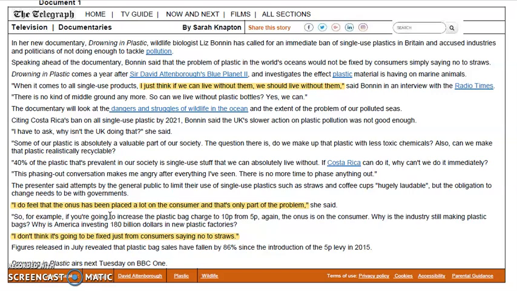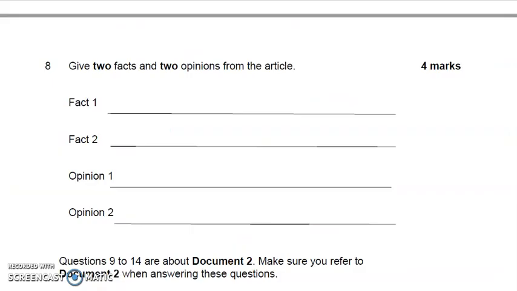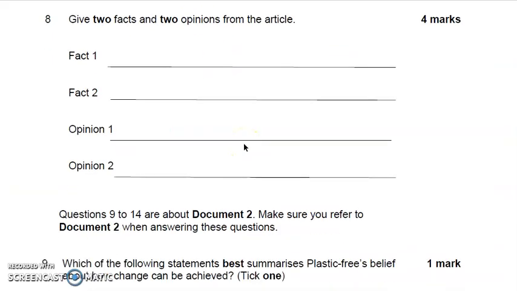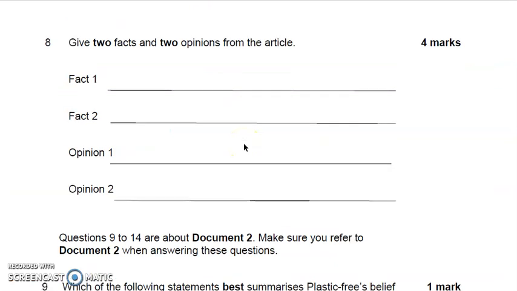And she also says, I don't think this is going to be fixed just from consumers saying no to straws. And again, she's sort of making the opinion here that this is a big problem. It needs to be dealt with at a higher level than just people deciding not to buy straws or not to buy plastic. So, what we're going to do is we will continue from question 9 to 14 in the